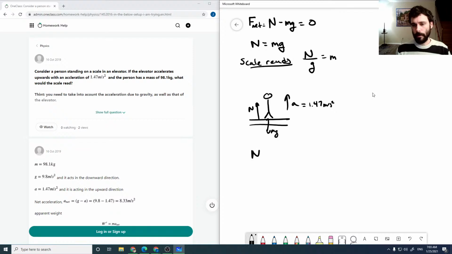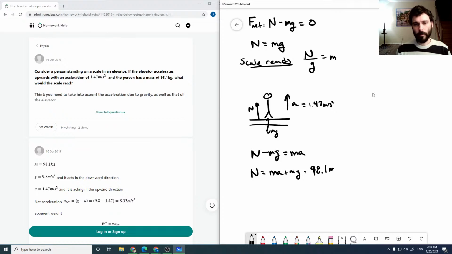So N minus mg is equal to ma. So N is equal to ma plus mg, which is equal to our mass,